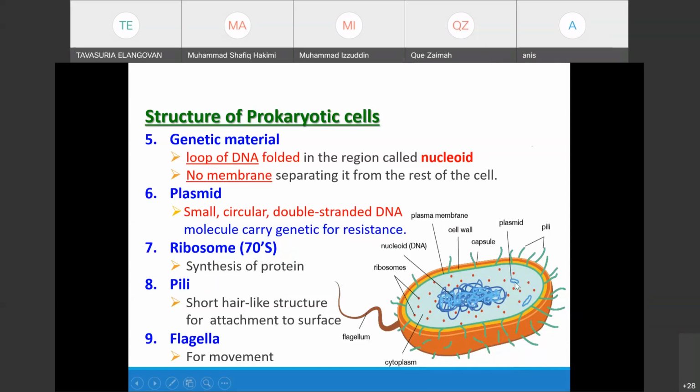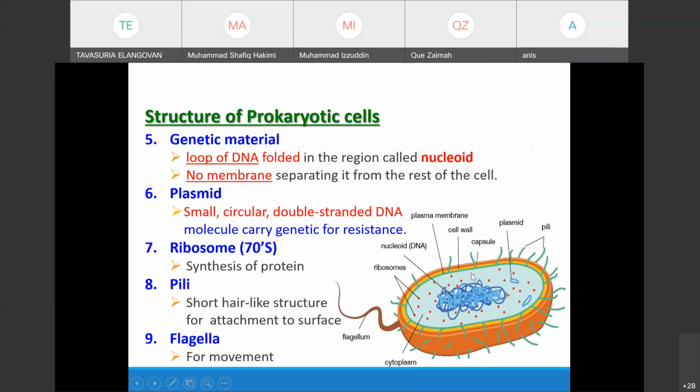Then, when you notice, prokaryotes have a circular form of DNA, which is embedded inside the cytosol, but not inside a nucleus, because prokaryotes do not have a nucleus. So the circular DNA is folded into a region called the nucleoid. Okay, and then they also have circular double-stranded DNA known as plasmid,